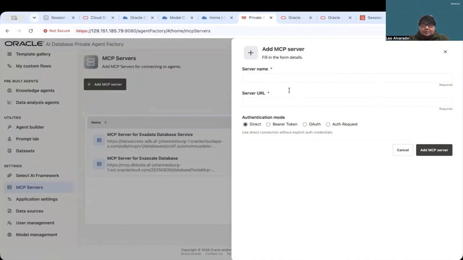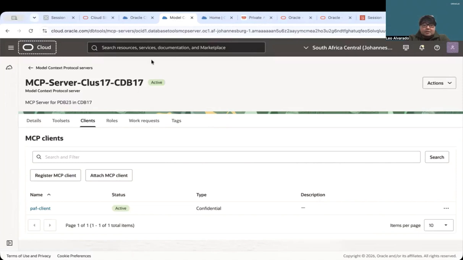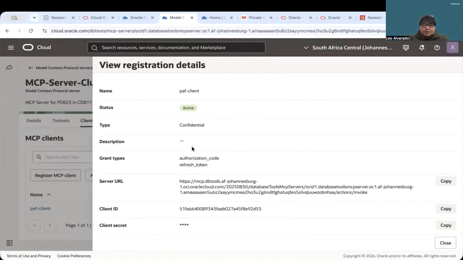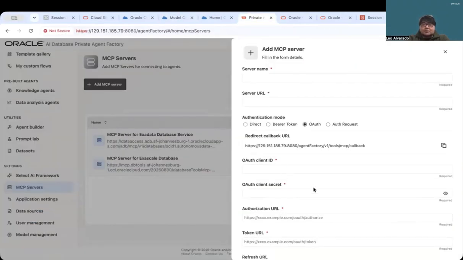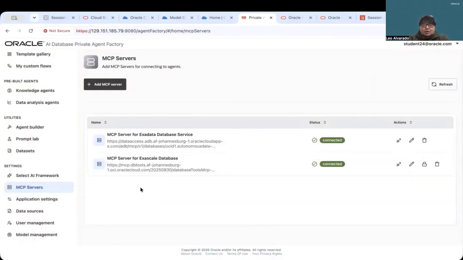You have the MCP server name, the MCP server URL, and then all of these OAuth details which you can get from your MCP server registered client. So once you've filled out all the details and you have successfully added your MCP server to your private agent factory,